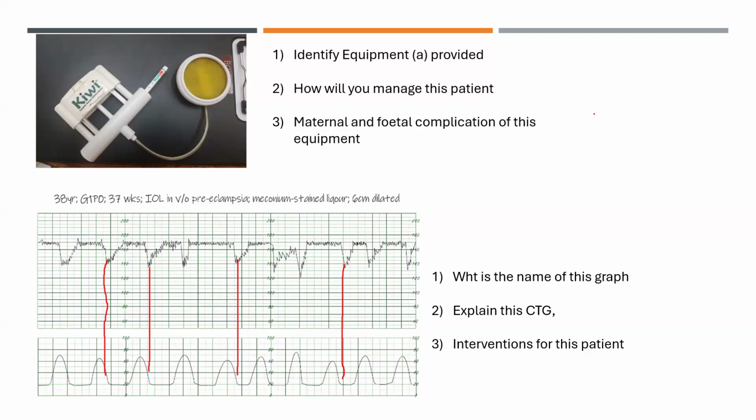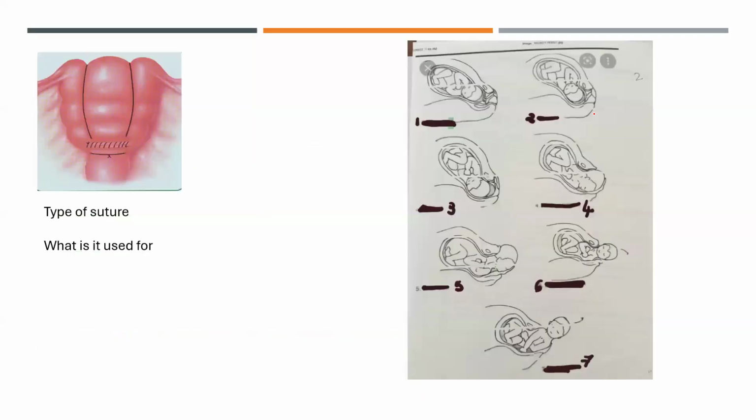No, exactly. So what will be our interventions? Are we going to just wait and watch to see what happens? Or we put her in a different position and we do this CTG? Or based on what this CTG's findings are, what do you think our next set of interventions should be? What should we opt for in terms of delivery? What mode of delivery should we do now? Exactly, we would go for an emergency CS. Perfect, very good.